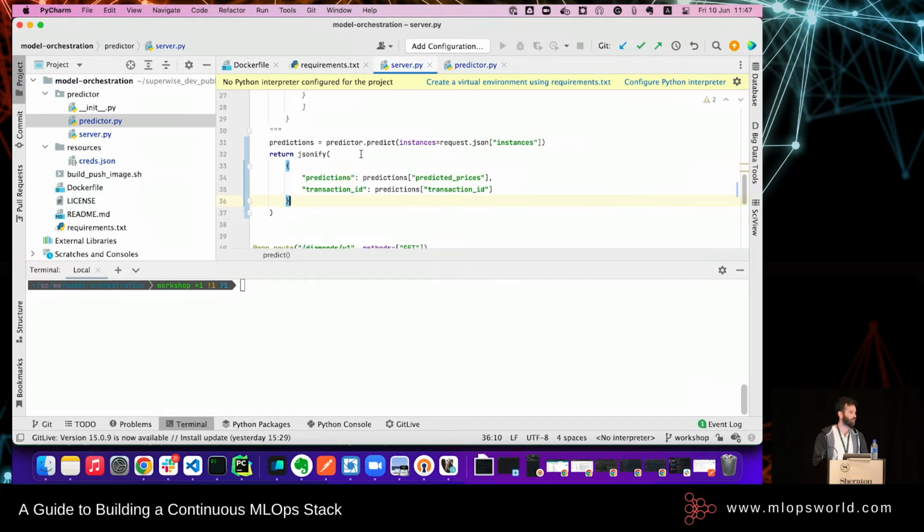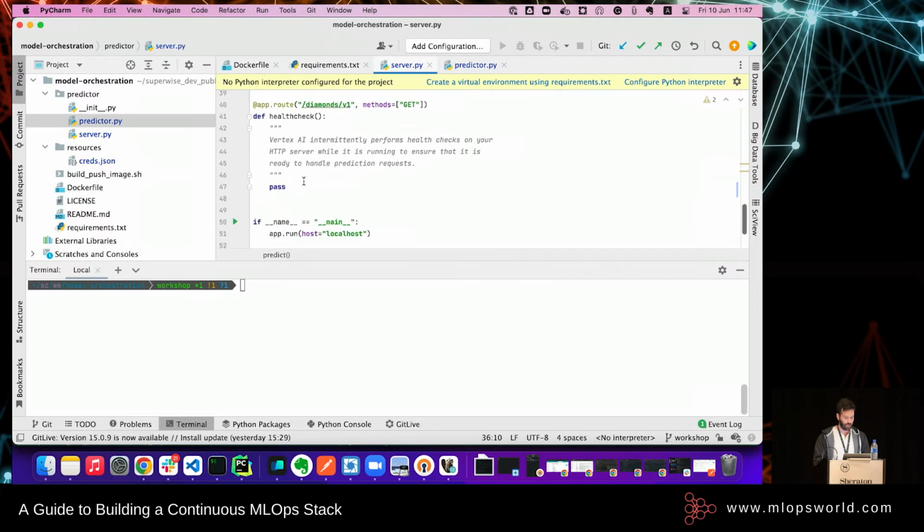We try to keep the endpoints as light as possible. And health check. Now health check is supposed to be just a response equal JSON file health. Yeah, just like that.